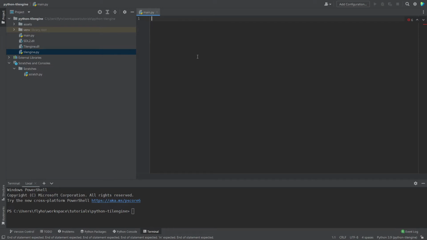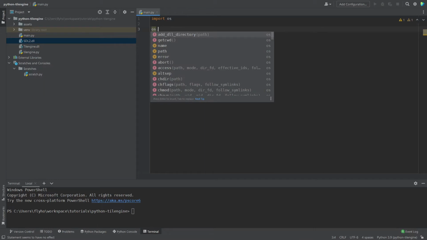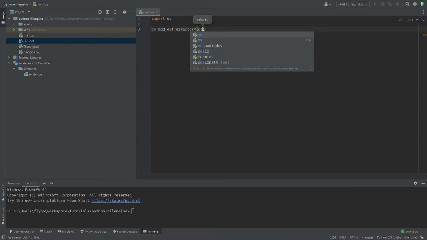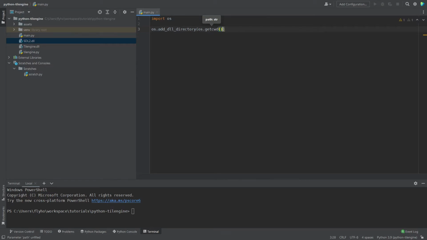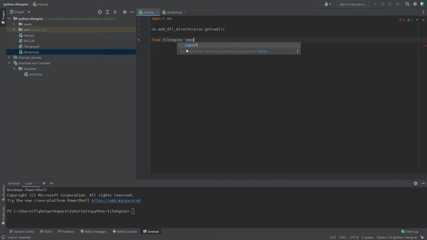Now, just one thing to mention, in Python 3.9, which I'm currently using, in order for Python to be able to see these .dll files, you have to specify that you need to look in this directory for the DLL files. So what we're going to do is add the DLL directory, so get current working directory. If you don't do that, you'll probably get an error saying unable to find Tilengine DLL, or one of its dependencies. Right, so once you've done that, you can simply import the Tilengine bindings by just going from Tilengine import